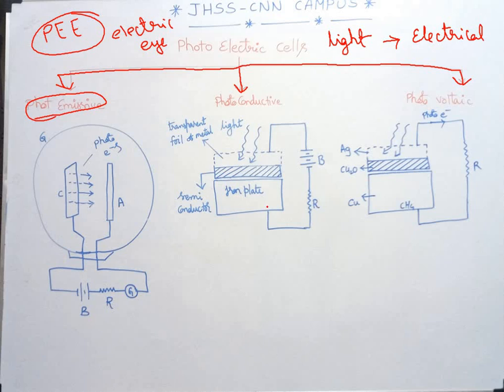A thin layer of semiconductor is placed below a transparent film of some metal, which you can notice there, and this combination is fixed over an iron plate, at the bottom you can notice there. Now when light falls on the transparent film, the electrical resistance of the semiconductor decreases. That's the fact, which is nothing but the working principle. Thus current starts flowing. As soon as the resistance reduces, current starts flowing in the circuit, and the current changes when the intensity of incident light changes, but with a time lag.